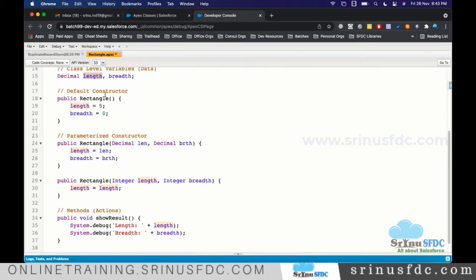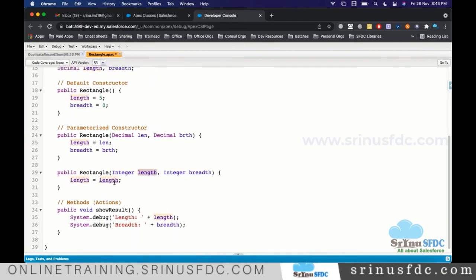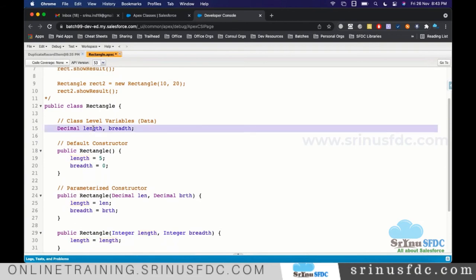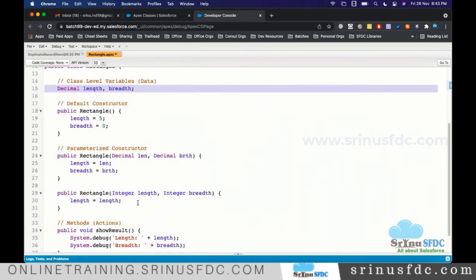So out of the class variable and this parameter, the parameter is local to this block, and the system gives priority to it. So when I say length equal to length, both point to the parameter only. Even if you supply 100, we are assigning the same thing to itself, so the class variable is not initialized. That's what will happen. Let's see that practically.